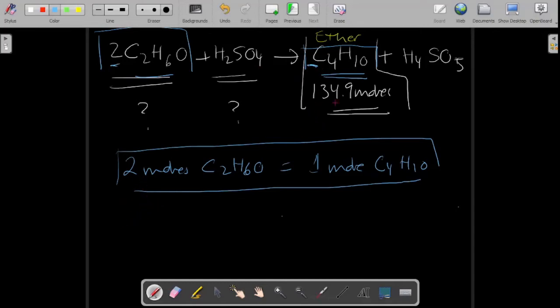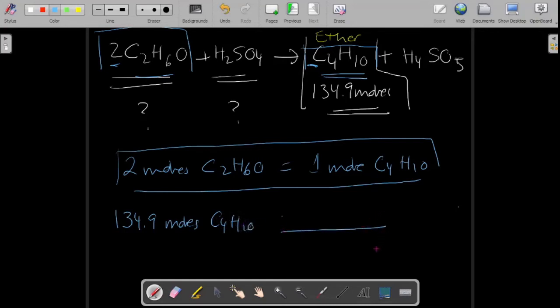I'll always start with whatever they give me. It doesn't matter if you go forward or you go backwards. Stoichiometry allows you to go from one side to another. This yielding is like having an equal sign right here, so you can read it backwards if you want to. So if I want to produce 134.9 moles of ether,